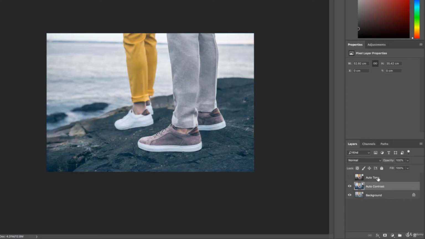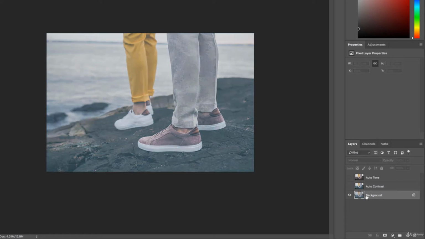Okay, but if I turn auto tone back on, I'm like, yeah, for me personally, it's hard to see, I guess, when you're watching these videos because color depends on your screen, but you probably notice auto tone's a nicer one. Let's look at the last option and compare which automatic feature we like, all the while getting used to layers. So I'm going to turn the top eyeballs off and have the background selected, right click it, duplicate layer,